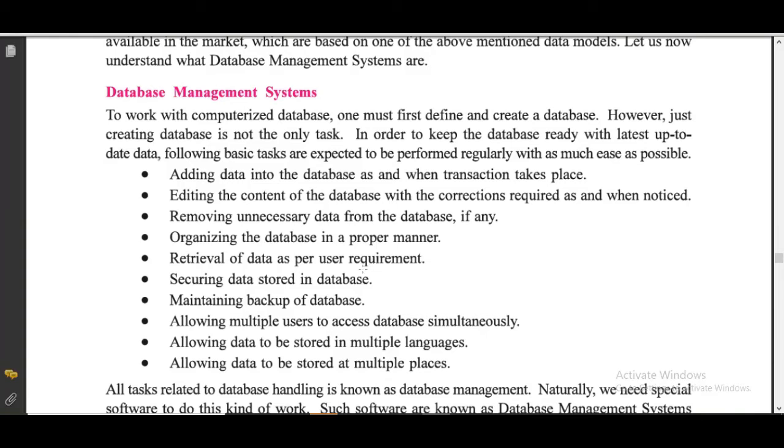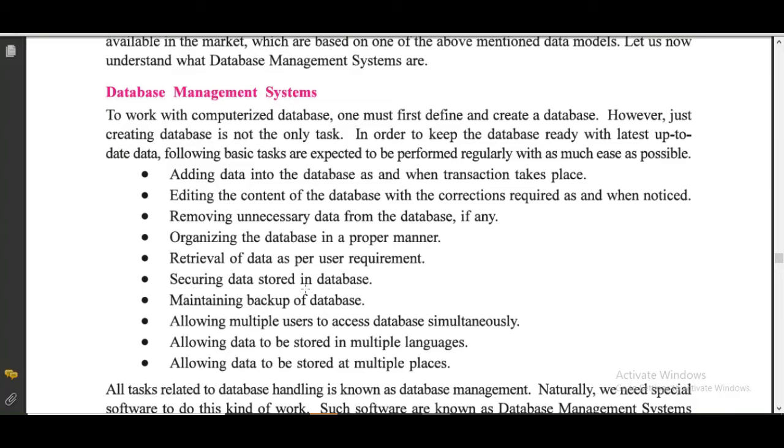For example, if there is a football tournament and the sports teacher wants to get names of students who are interested in football or who have participated in some tournament on district level or state level, at that time from the database we can filter those records within few seconds only.